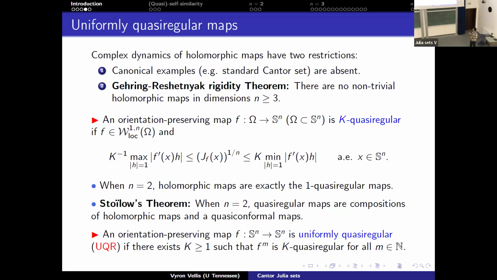And a lot of the examples that I mentioned earlier of Cantor sets come from hyperbolic rational functions. And in fact, there was a theorem of Hasinski and Pilgrim that said that if the Julia set of a hyperbolic rational function is a Cantor set, then it must have nice properties, which we will study later. So that sort of led us to define a notion of hyperbolicity in this class of UQR maps, which the definition is exactly the same as it is for rational functions, right?